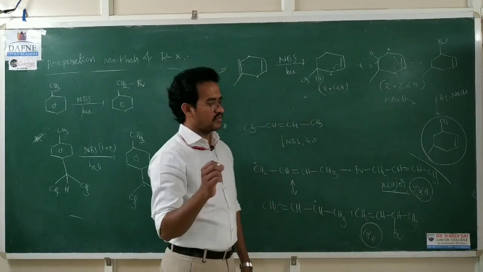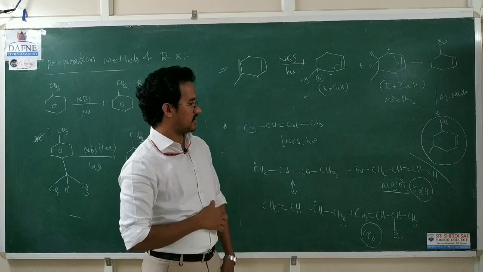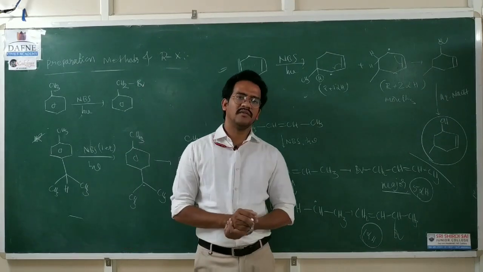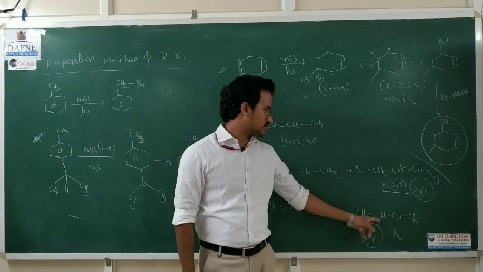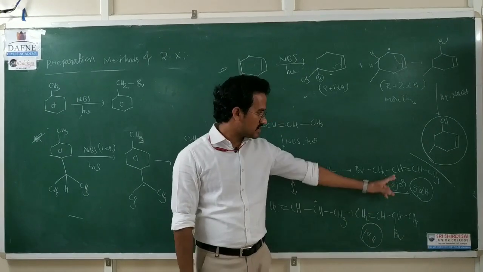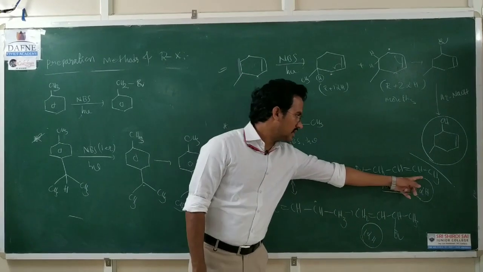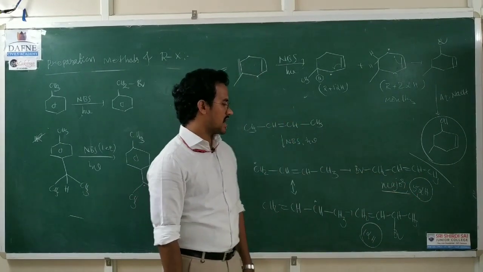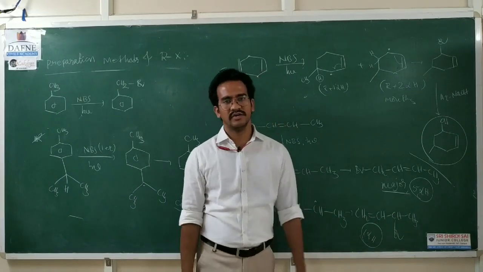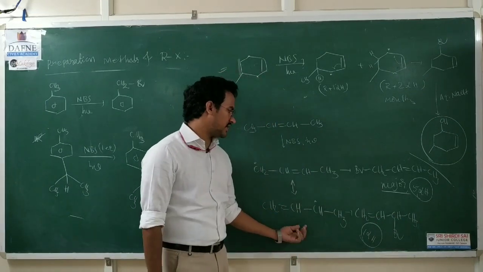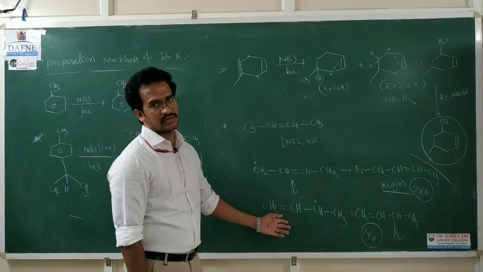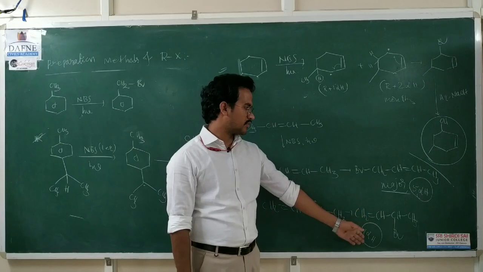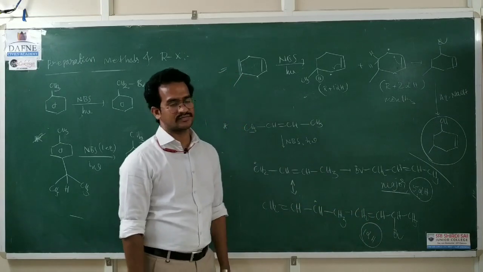Finally, you have to decide the major product based on the stability of the final product. Between these two, which is the most stable? This alkene is the most stable because it is stabilized by the 5 alpha hydrogens, 5 hyperconjugated structures, and the other is stabilized by only 1 alpha hydrogen. The radical is the most stable, but your final product is unstable, so it is a minor product, and the other is the major product.